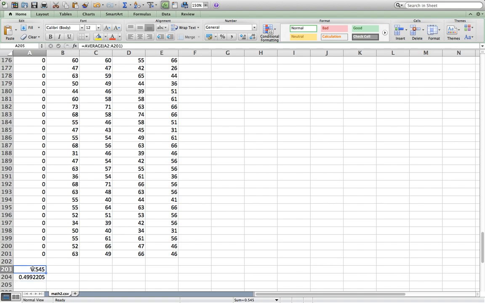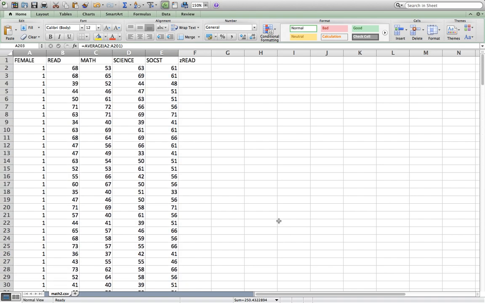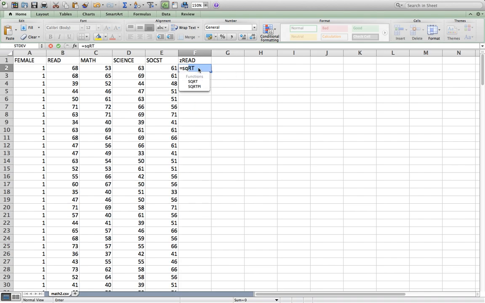All right, once I get this, I can do a drag over and create the mean and standard deviation for all the variables. Now, to make the Z transformation, I'm sorry, the correlation transformation, remember what I have to do is take 1 divided by the square root of n minus 1. So I'm going to have to go equal square root